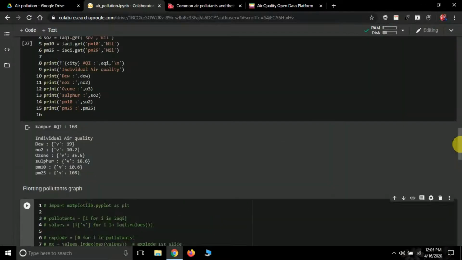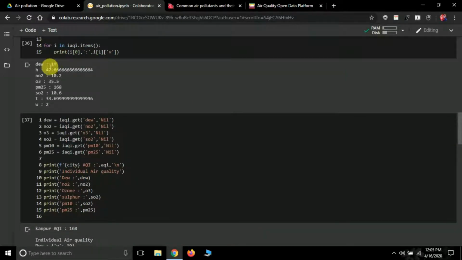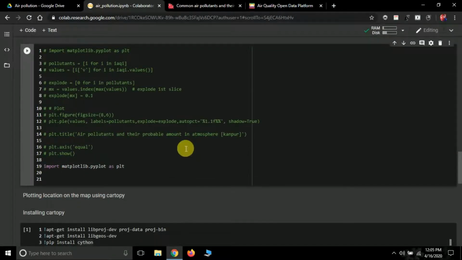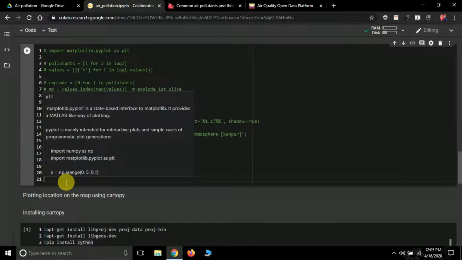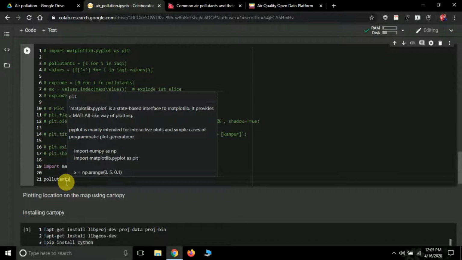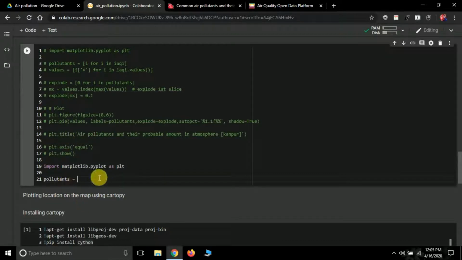Now what I'm going to do, see here, I'm just going to create two lists. The first list will store the names of these pollutants, and the second list will store the values of these pollutants. So let's see how I can do it. We are going to use list comprehension here. So let's create a pollutants list, which will store the key names of the pollutants. So i for i in